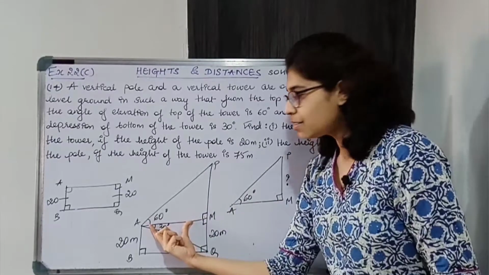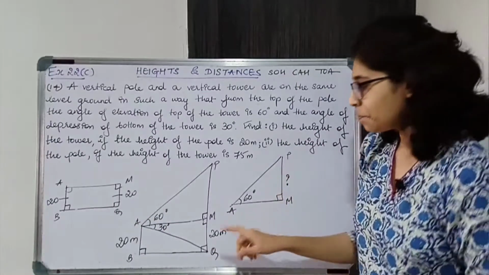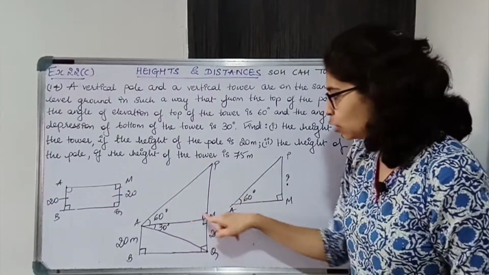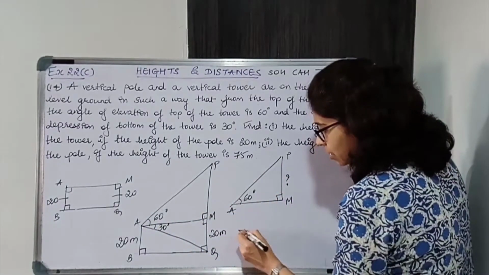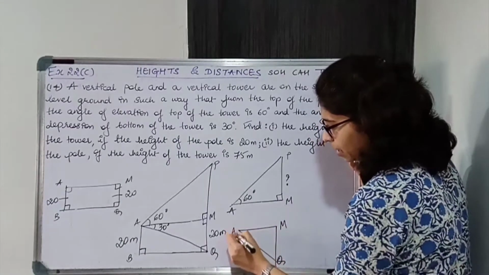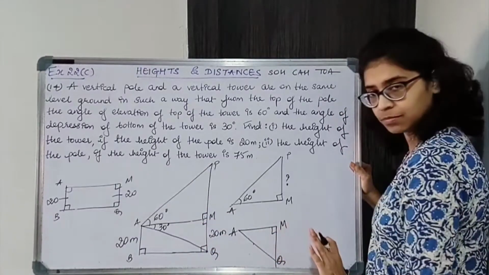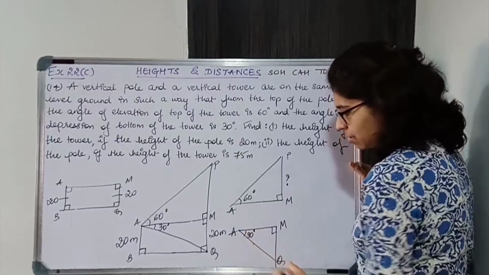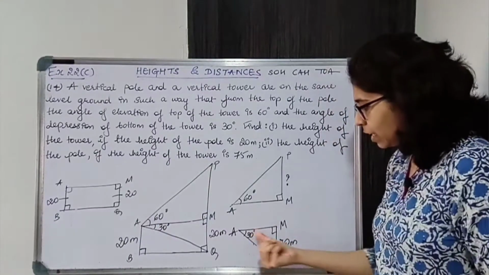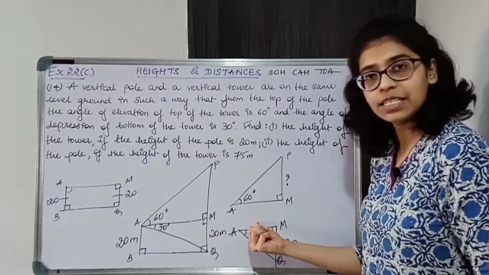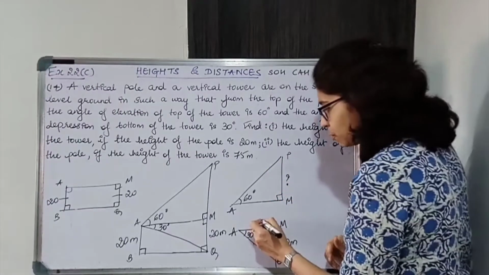AM is a side of PMA and also of QMA. Okay, why will you consider QMA? In QMA this is a right angle triangle. By linear pair, I told you this will be a right angle. Now this angle we know it is 30 degrees. What else do we know? We know MQ. It is 20. We know one angle, we know one side. We can easily find this side by applying a trigonometric ratio. Okay, so we will easily get AM from this.